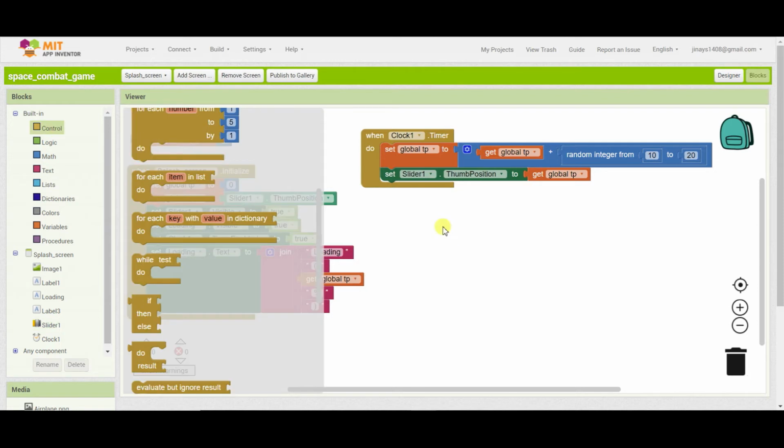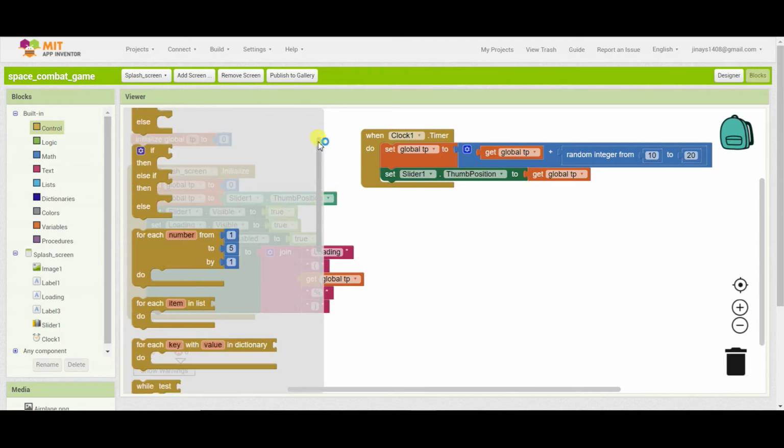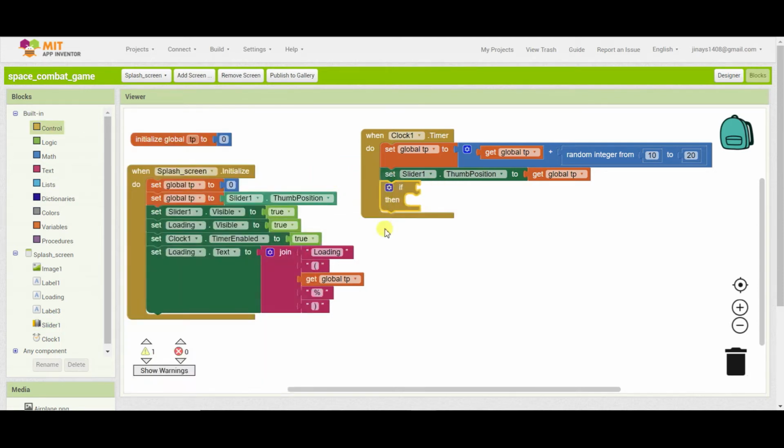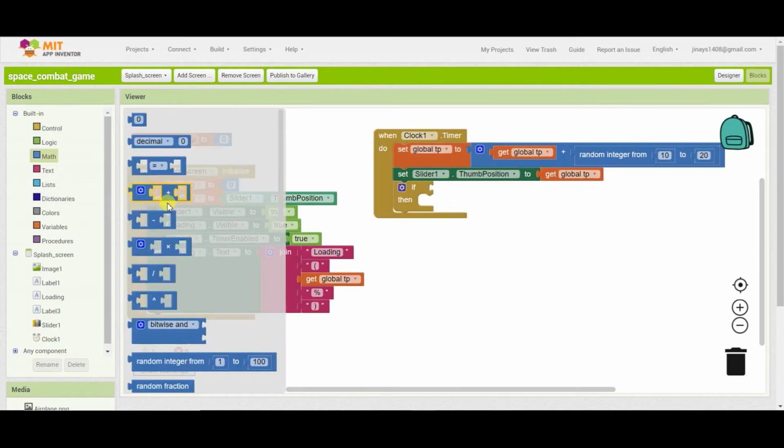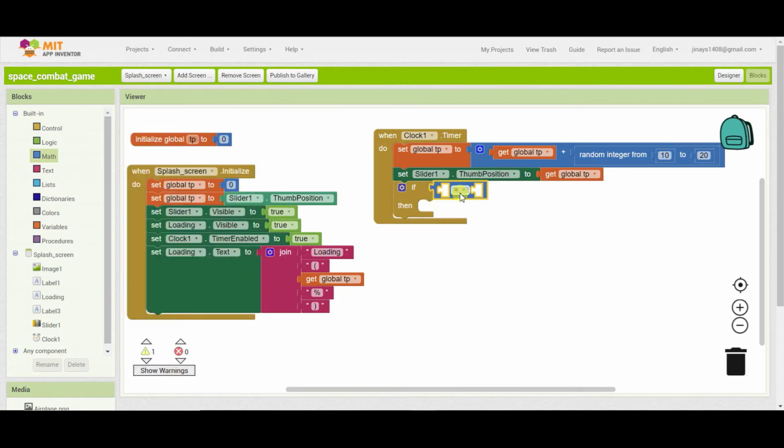Now if I'll take one condition, if now I will go to maths and I will drag this equal to, and I will just take here less than.